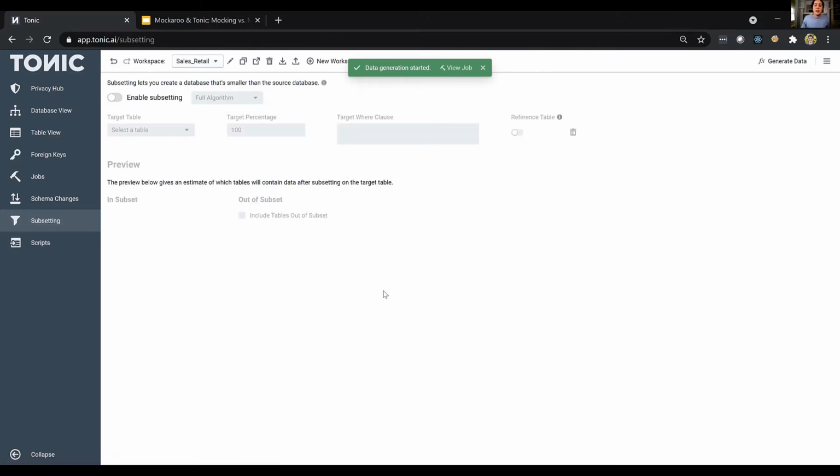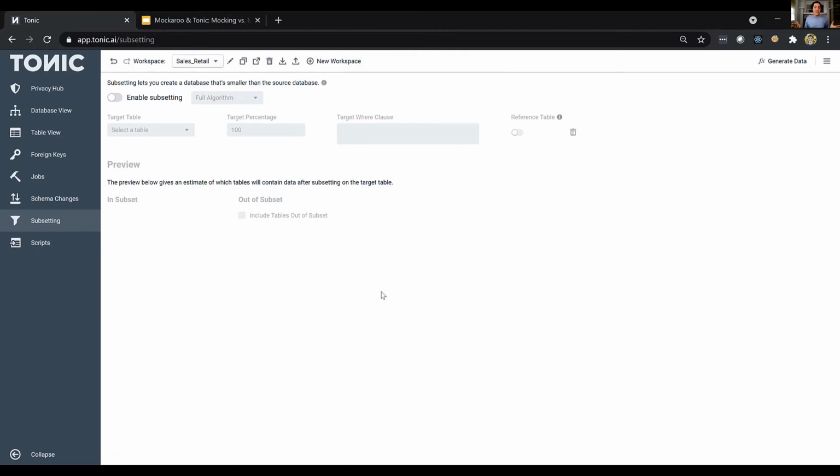So one really popular feature in Tonic is subsetting. With subsetting, you can actually generate a smaller version of your production database. This is a really popular feature in Tonic simply because a lot of our customers come to us with incredibly large databases. It could be 100 gigabytes, like on the medium size, to multiple terabytes or even more on the large size. And sometimes you don't need all of that data in your lower environments.